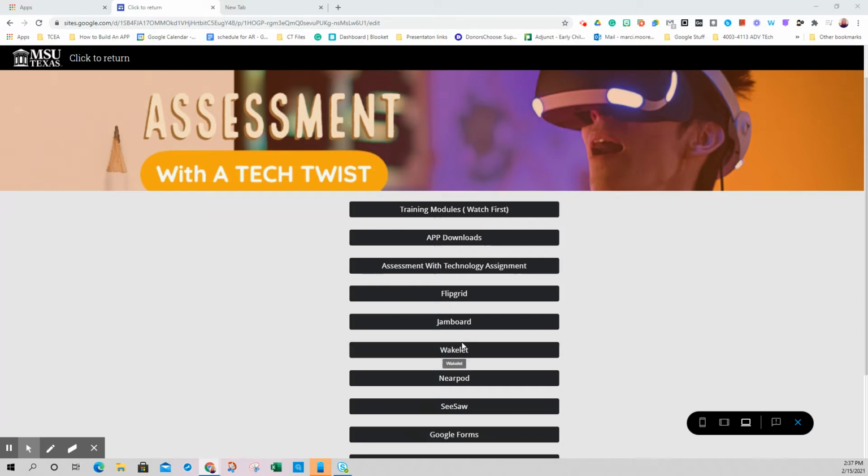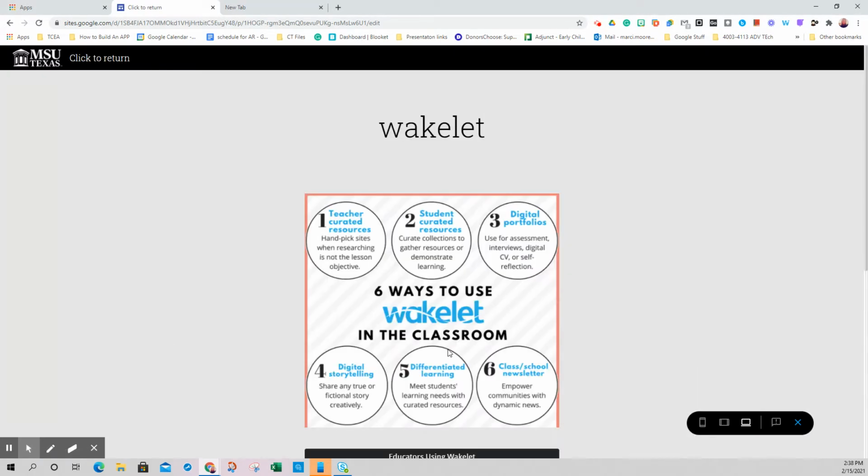Next, I'm going to take you through Wakelet. So if you'll click on the Wakelet tab, Wakelet is an amazing platform that's pretty new. It's maybe about a year old. Wakelet is a free platform that allows you to save, organize, and share content from across the web. With Wakelet, you can save content collections, which you can keep for yourself, collaborate on with others, or make public